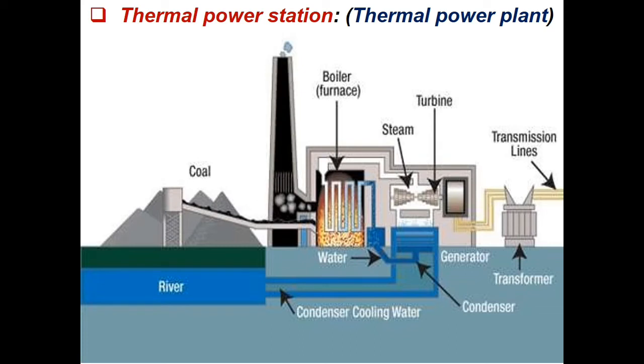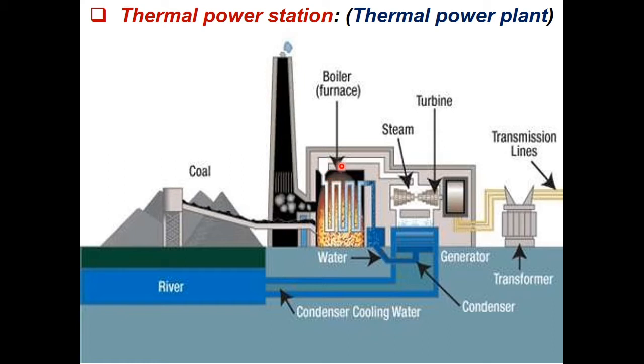This is a setup for thermal power plant. As shown here in this setup, this is a boiler or an industrial boiler. Mostly a water tube boiler is used. At the bottom of the boiler a furnace arrangement is made. At the furnace, fuel in the form of coal is taken from the coal tank, and that coal is burned to generate heat energy. Due to heat energy, the water gets boiled and steam is generated.